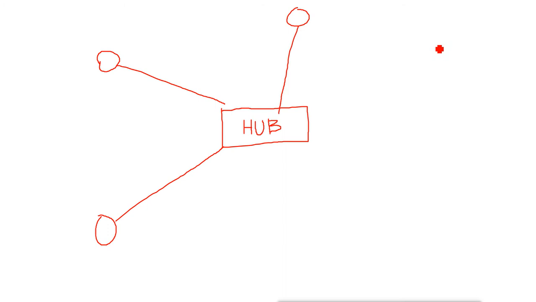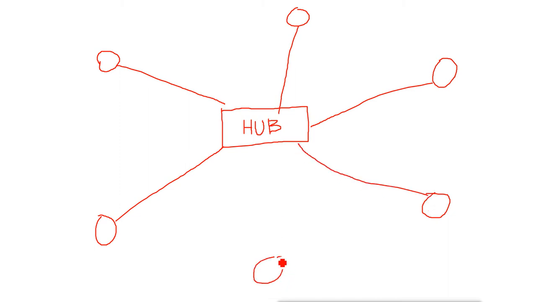Okay, so the hub was actually used in the star topology, if you remember. The star topology, where the hub is the centralized device, the centralized controller, and all the other devices are connected to this hub directly. It is used in the star topology. Now what does the hub do? It works very simply. It is basically a transmission device which does not understand anything. It just transmits the data.